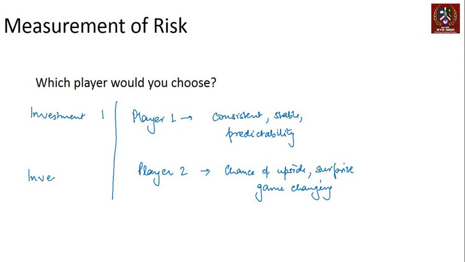and investment 2. Investment 1 looks very similar to what fixed income instruments do. There is no surprise. They tell you that every year we're going to pay you 8 rupees on 100 rupees. And if you hold it to maturity, your return is largely fixed, right? Investment 2, on the other hand, is more like equities or stocks. You don't know where it'll go. It could give a higher return, but there is a risk of it giving you negative returns as well, right?